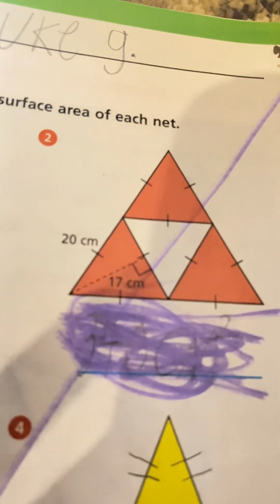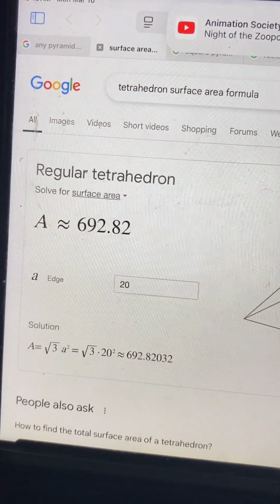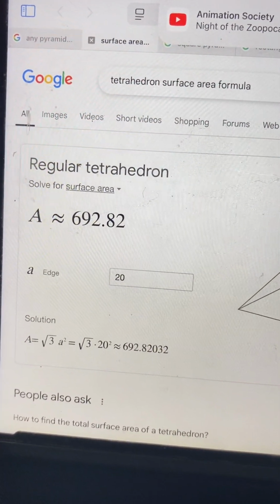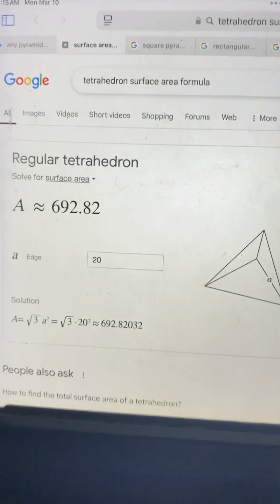So, the edge, you're right, is 20 centimeters. Let's substitute 20 in, and then we're done. We're good to go. We get an approximation of around 692.82032. So it's simply just